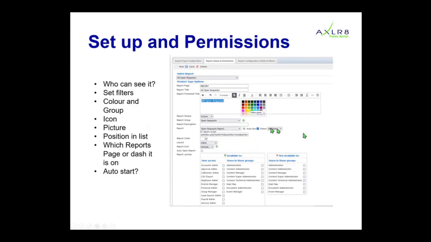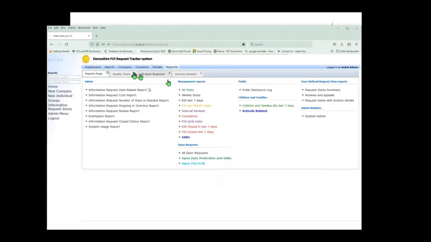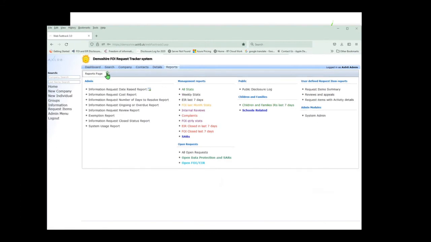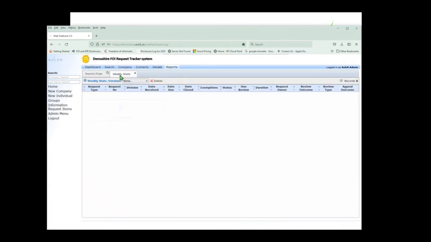We also had a look at colouring the reports. Obviously, you can tick here to say who's allowed to see it. You can set the order of the report. You can put a particular filter on. You can decide if it auto opens the report. So auto opening report, if I was to go to this and go back and close all of these like this and refresh this, then when I go to the reports page, this